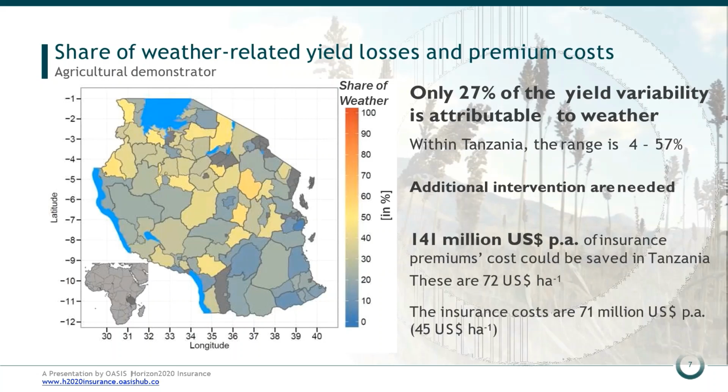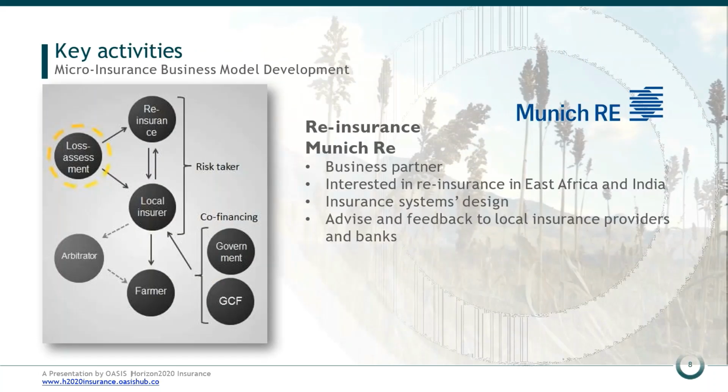By knowing that in some regions the weather doesn't play so big a role, but you still have a high year-to-year variability that is not everything covered by the insurance, it would make the insurance scheme in the end more affordable for smallholder farmers, or in general more affordable, because not the entire variability and not all the losses are priced in these insurance premiums.